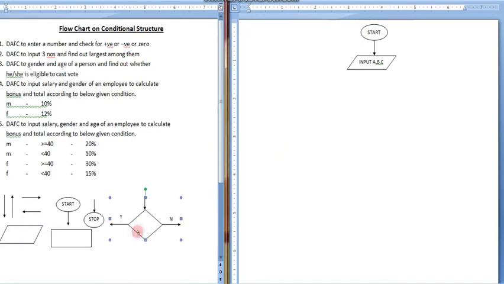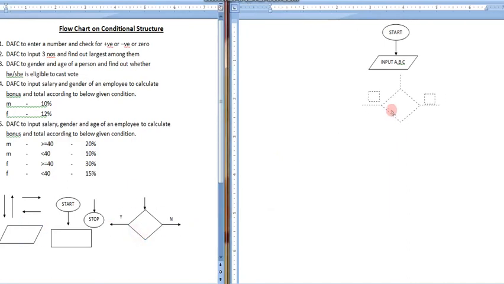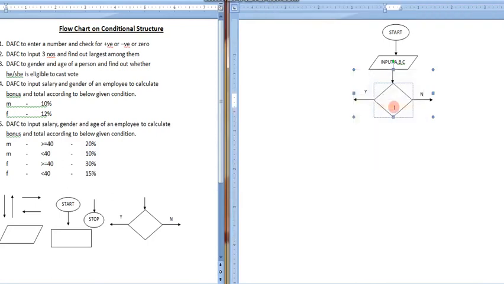So let's go with the decision box, with yes or no already written, so we just copied and pasted here. In this case, what I need to do is check first whether a is bigger than b or not. As a is the first number and b is the second number, at first let me check whether a is bigger than b or not. So I have to write: is a bigger than b? Okay, there will be one yes and one no.